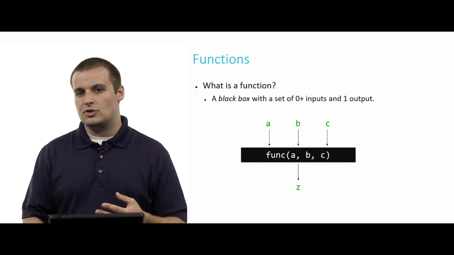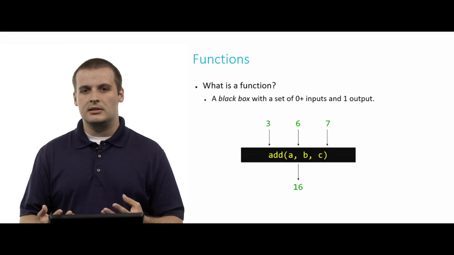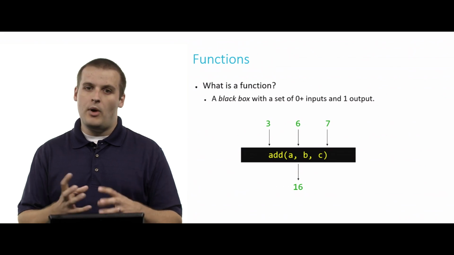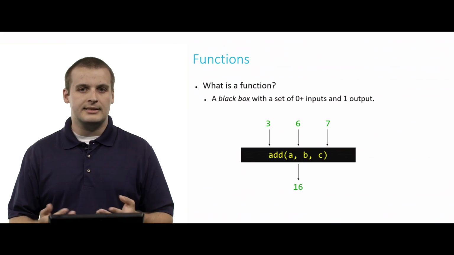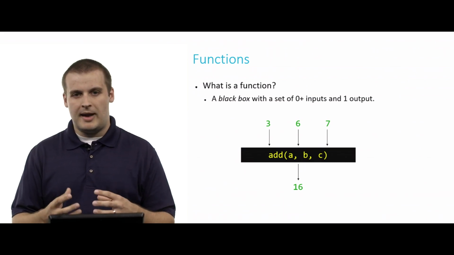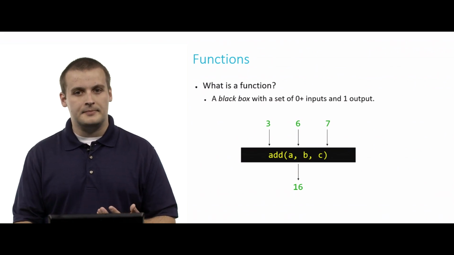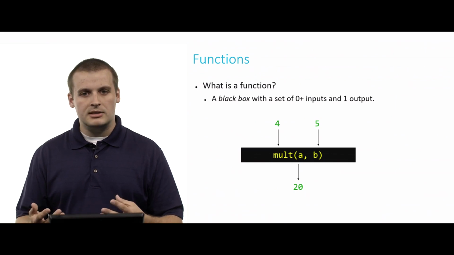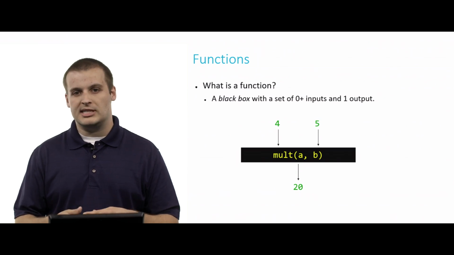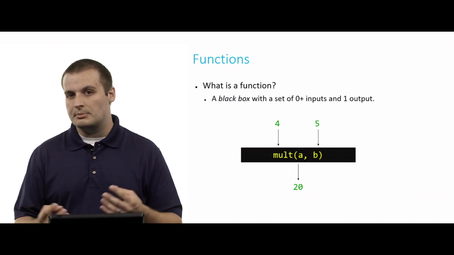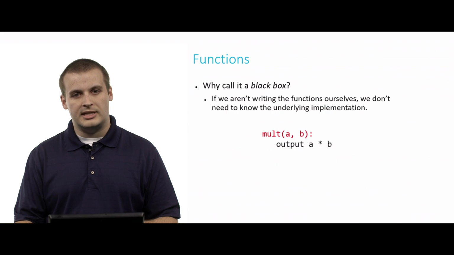Now, to make it a little less abstract, we could say that maybe we have a function called add that takes 3 inputs, A, B, and C, and processes the output in some way inside the black box to produce a single output. So in this case, if add takes 3, 6, and 7, somewhere inside the add function, we would expect them to be added together to produce the output, which is 3 plus 6 plus 7, or 16. Similarly, you have a function called mult that takes 2 inputs, A and B, processes them in some way such that the output of the function is the product of the 2 inputs multiplied together. With 4 and 5 being passed into mult, something happens, the output we expect is 20.